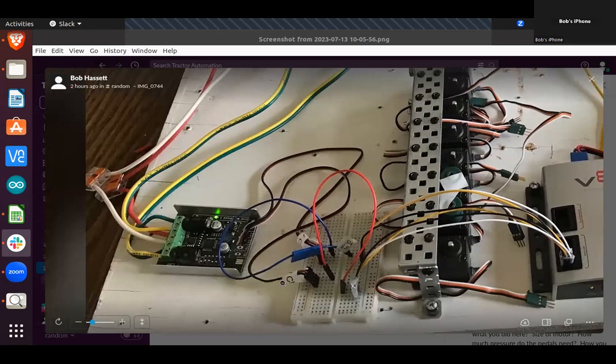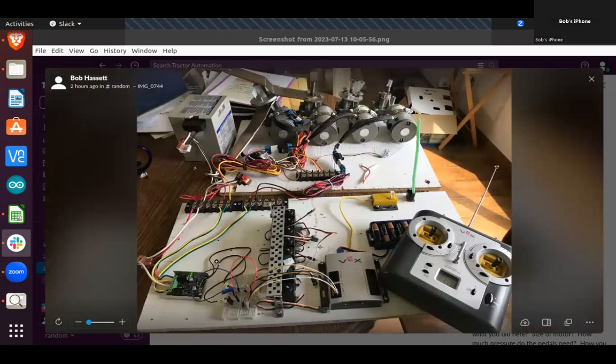Right now I only have 2 channels going, so I only control 2 motors at 12 volts. I figured the motors were going too slow, so I had to jump it up to 24, and that controller will handle 24 volts. So maybe if we can go to another screen, a later one.